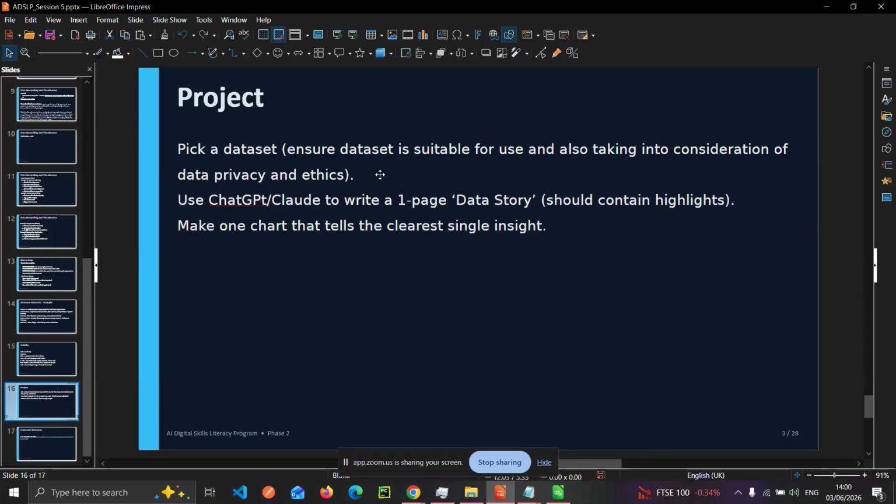With the data set, using either ChatGPT or Claude, we are to write a one-page data story that contains highlights. And in that same project, make one chart that tells the clearest single insight. So that is the project for this week.